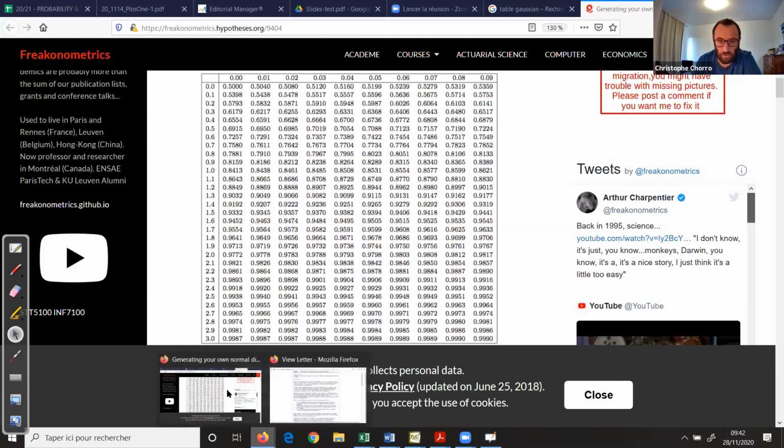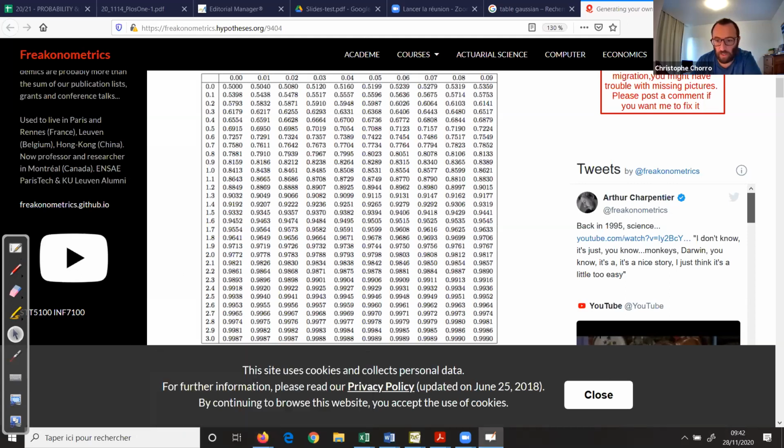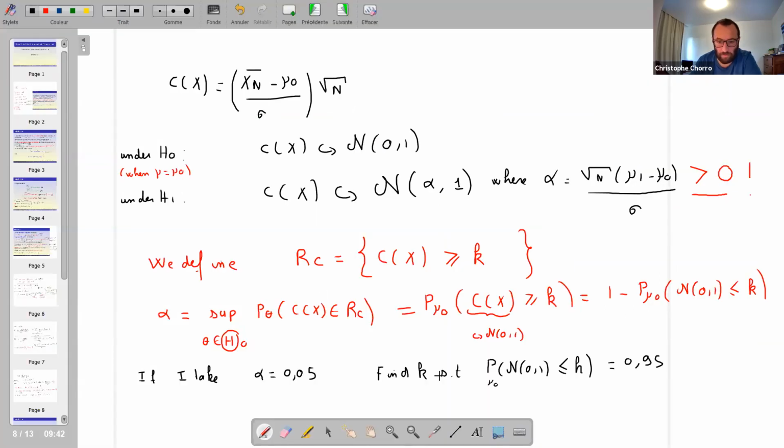So let's come back to my whiteboard, okay. I can take K from the Gaussian table as 1.64 plus 1.65, let's say, over 2. Okay, that is just 1.645. So it means that in my particular situation here, if I fix a level for my test, I